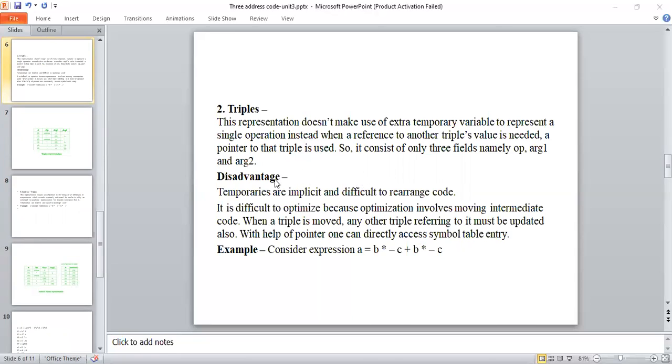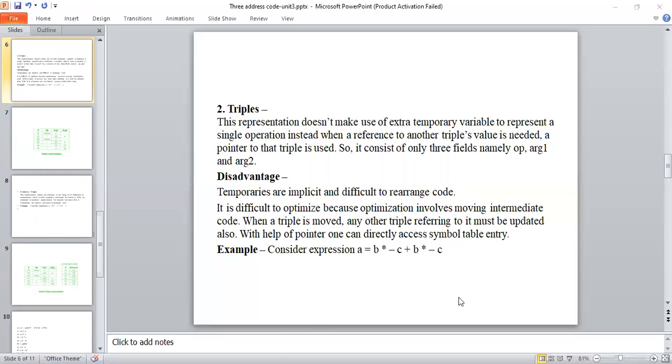And coming to the disadvantages, temporaries are implicit, and it is difficult to rearrange the code. It is also difficult to optimize, because optimization involves moving intermediate code. So these are the drawbacks of the triples representation.